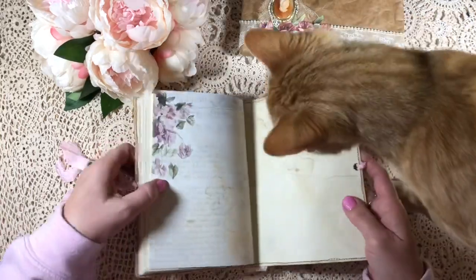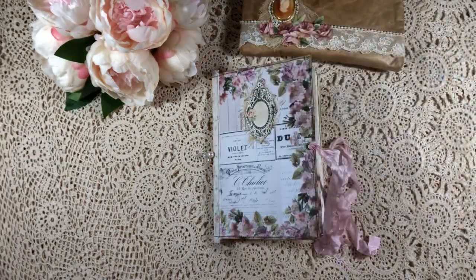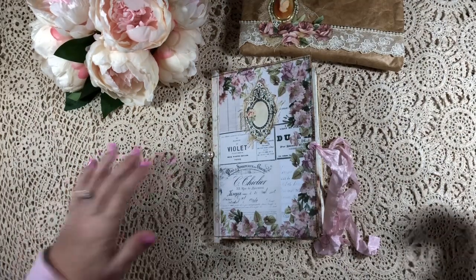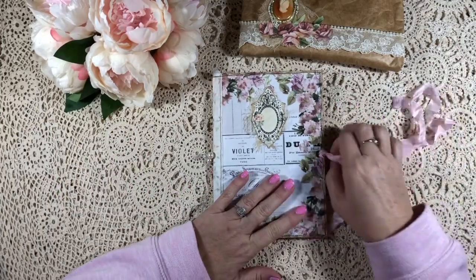So that's it, and he's back. Just hang on a sec, guys. I'll just go and put him in the other part of the house. It won't be long. Okay, I'm back. Sorry about that. You'll probably hear him howling on my windowsill in a minute. I've put him outside, so...